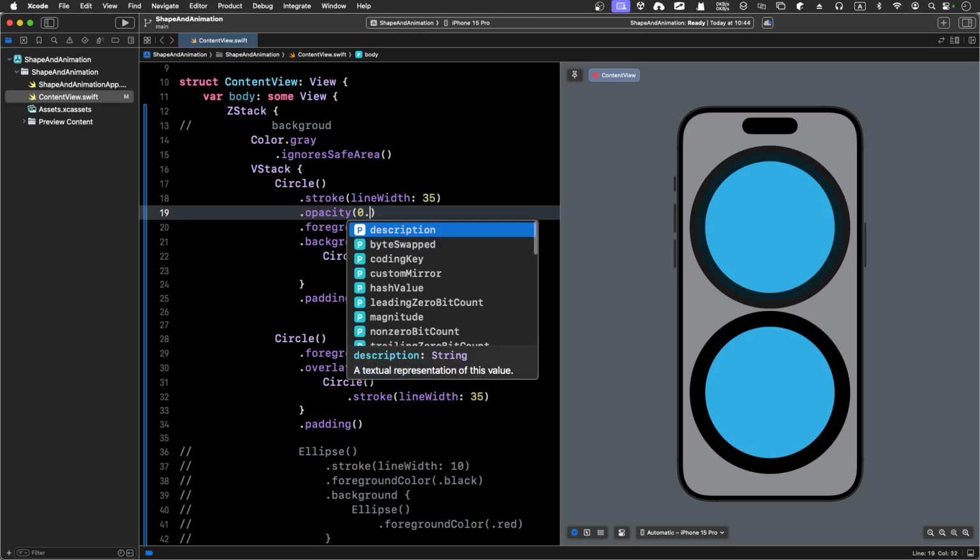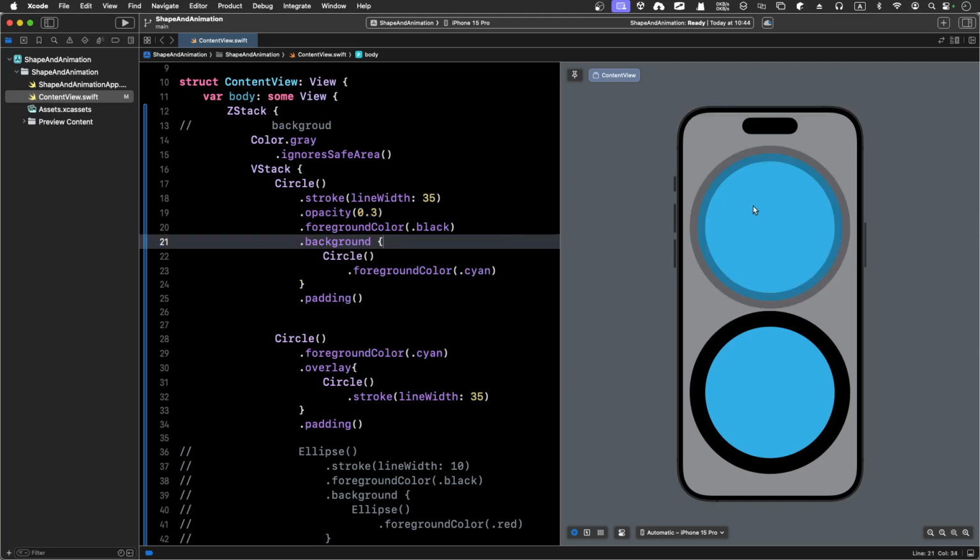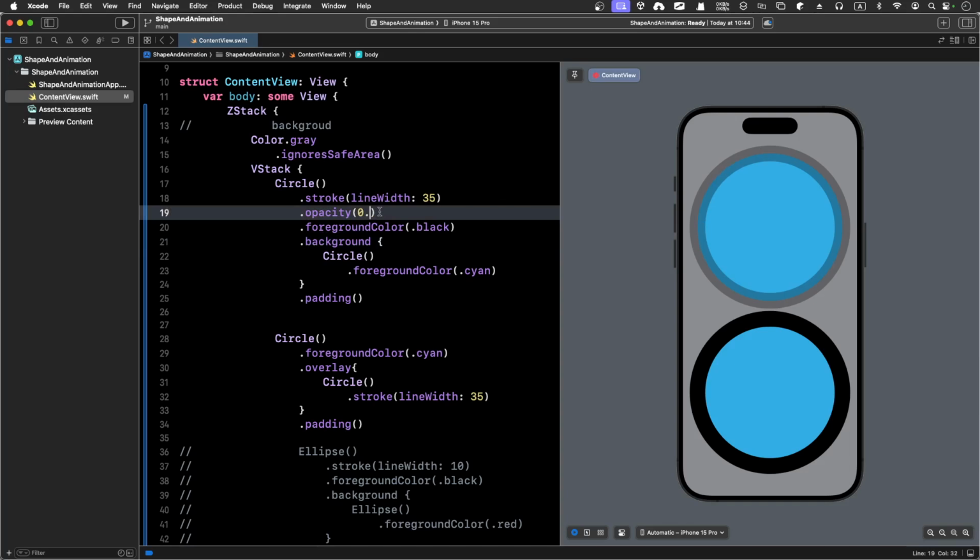So I'm just going to 0.3, just to get it really transparent. And as you guys can see, if I decrease that to 0.2, 0.1, I think this will be more drastic. So as you guys can see, we cover half of the width here. So basically, this shape underneath it